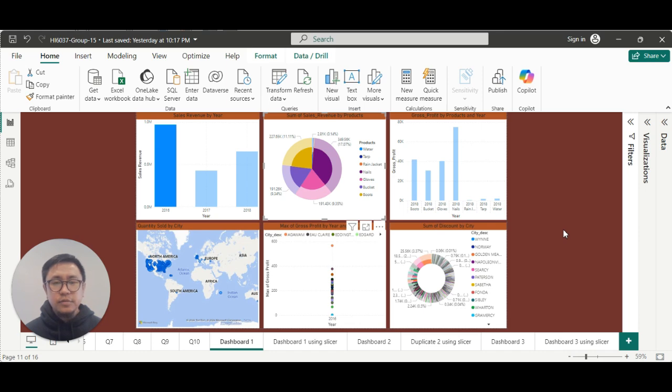Good day, everyone. My name is John Russell Surigao, and this is the continuation of our group's presentation using Power BI. My task for today is to discuss Dashboard 1 using a slicer and all of its components. Dashboard 1 is composed of 6 major components, namely sales revenue by year,